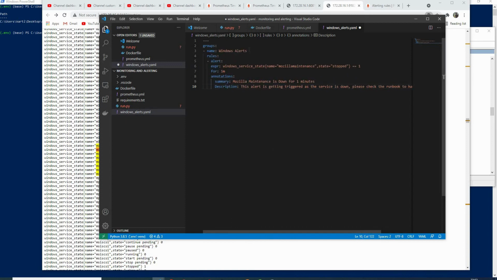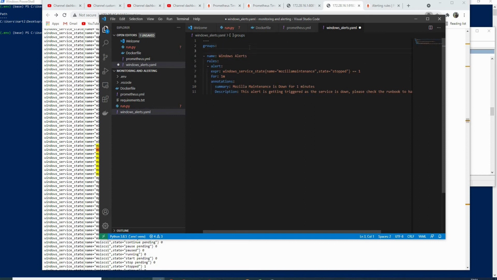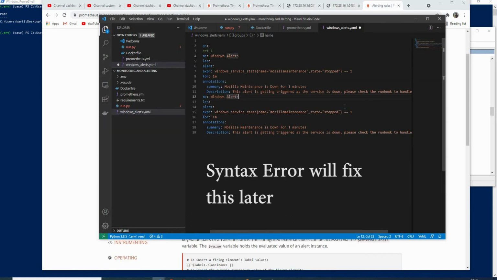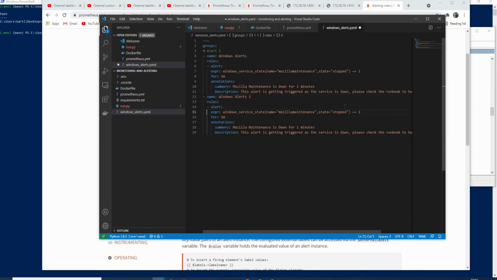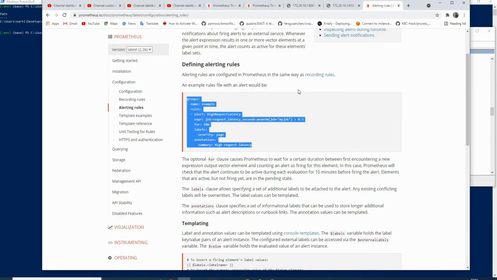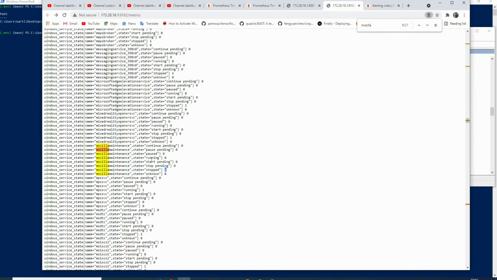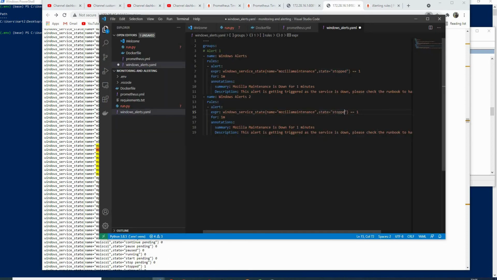So wait a second, I'll just add a comment. This is our alert one. Imagine I need another alert, and I'll just name it alert two. And maybe this time I want this alerted when my state is running. Yeah, that will be better. So here I'll just change this to running. So Windows alert